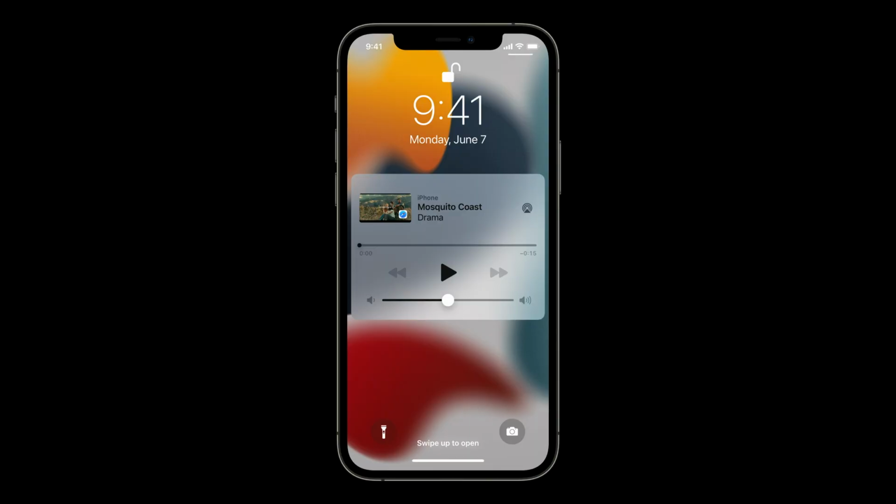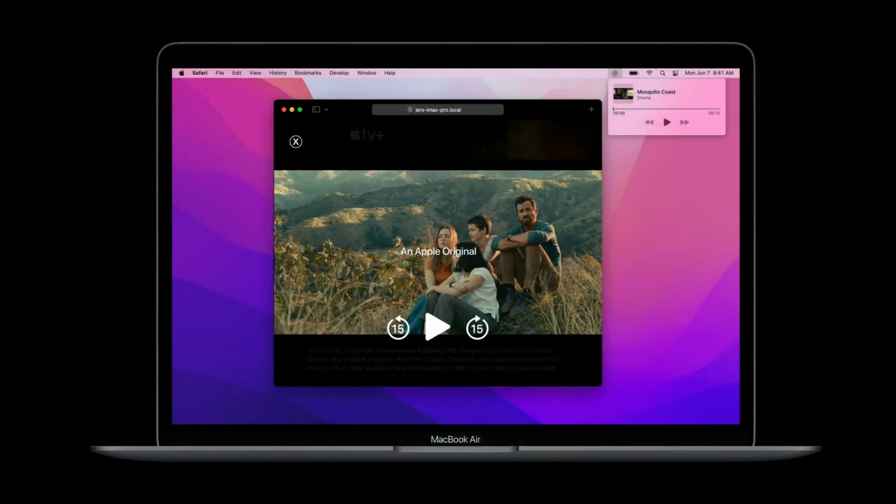One place the operating system displays that data is within something called Now Playing. Now Playing is a great way for users to quickly see and control the media that they're enjoying right now. In iOS, users can access Now Playing from the Control Center, as well as from the lock screen. And now in macOS Monterey, users can access Now Playing directly from the menu bar. And Safari will use the information provided through Media Session to populate Now Playing with your content's title, duration, play state, artwork, and more. Now Playing also allows users to control playback of what they're listening to by showing the user a simple set of playback controls.